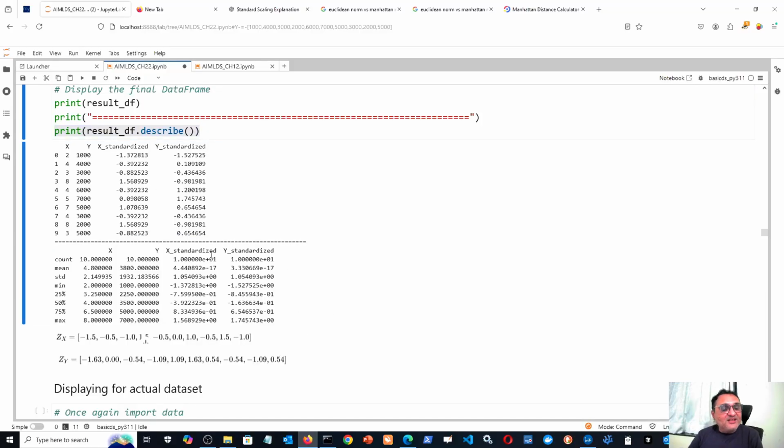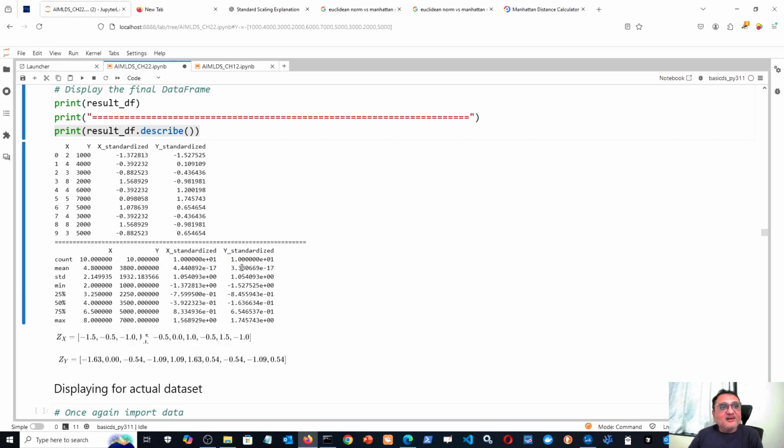And if you see the mean of x standardized, the mean is 0, because it is 4.44 into 10 to the power minus 17. That is 0.000016 zeros and then 444, which is nearly 0. That much inaccuracy comes because of the calculation in floating point numbers, which have some limitation of accuracy with